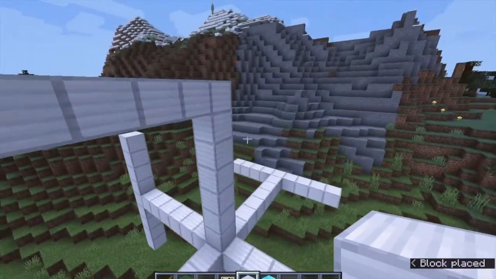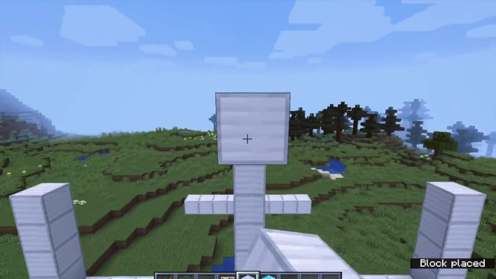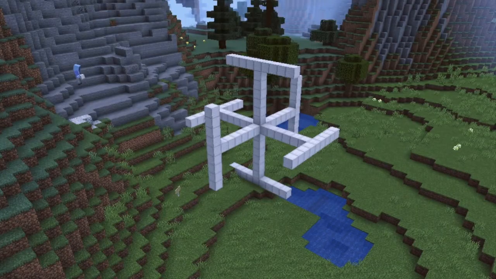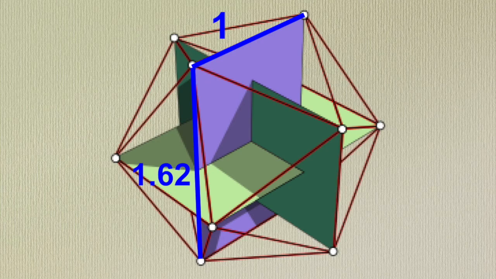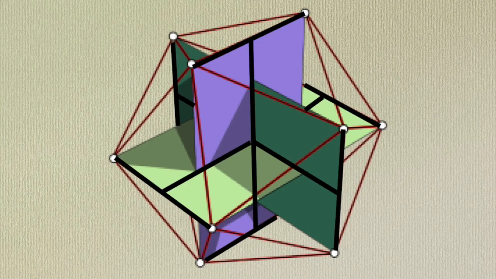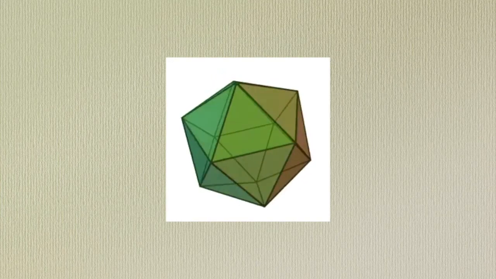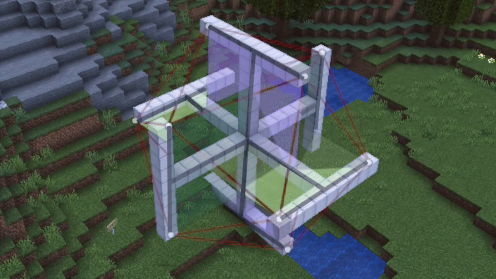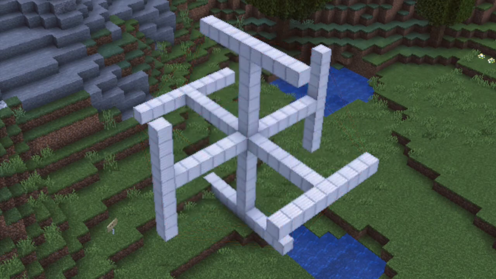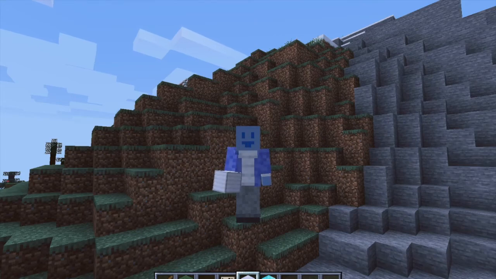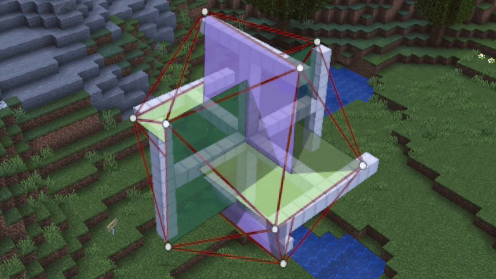Step 8. Do that with the third axis as well, and make sure that it's not on the same plane as either of them. In other words, they should make golden ratio rectangles that are all perpendicular to each other, because these actually are in an icosahedron. Steps 1 to 8 so far were essentially to make these golden ratio rectangles. This special thing about the icosahedron is actually the only reason that we can do this simply in Minecraft.